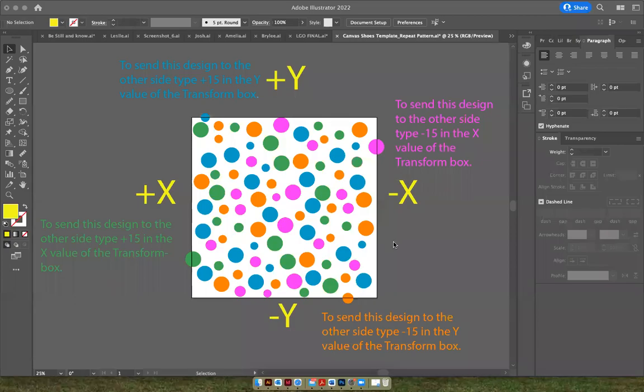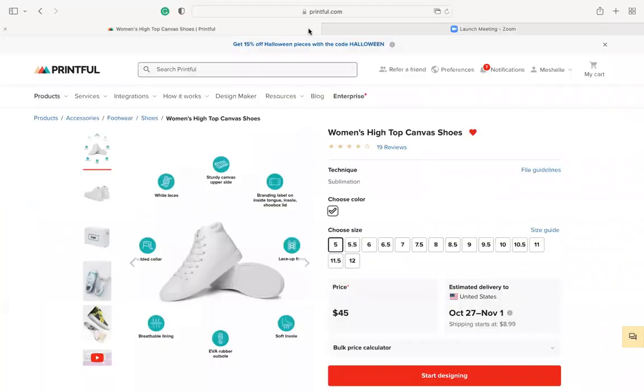Hey everybody, this is Michelle Baker, and I'm going to do a tutorial on how to create a repeat pattern in Adobe Illustrator. And for this example, we're going to actually mock up our pattern on canvas high top shoes